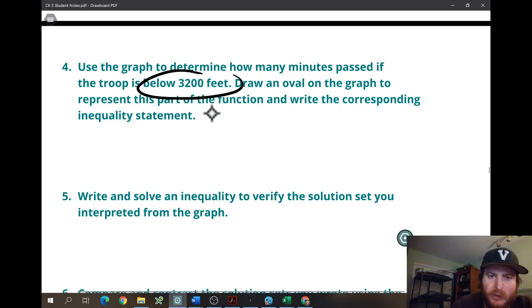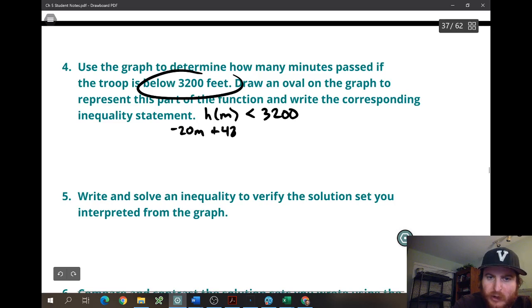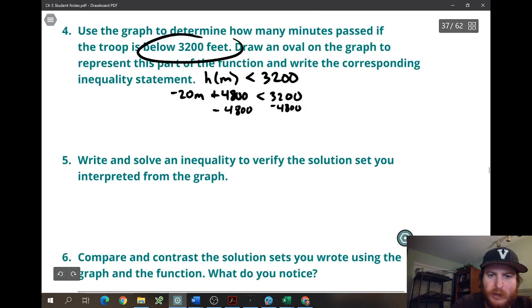So my equation was h of m, right? Now we're going to say h of m is less than 3,200. Now the h of m equation, we're going to plug in what h of m was. It was negative 20m plus 4,800. Well, then that's less than 3,200. And so then we'll subtract 4,800 from both sides. Did I do that right? Yeah. Okay, so then we get negative 20m is less than,